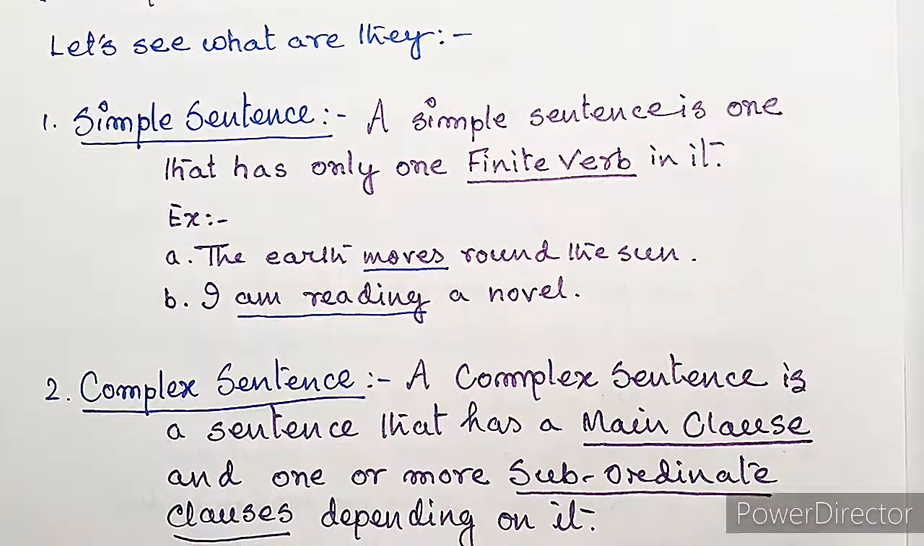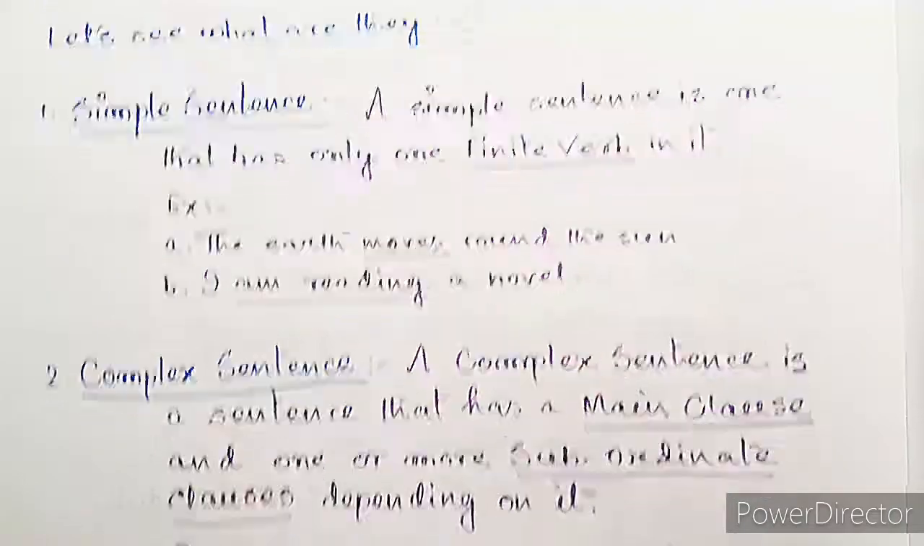A simple sentence. A simple sentence is one that has only one finite verb in it. Example, the earth moves around the sun. Example 2, I am reading a novel. Now,